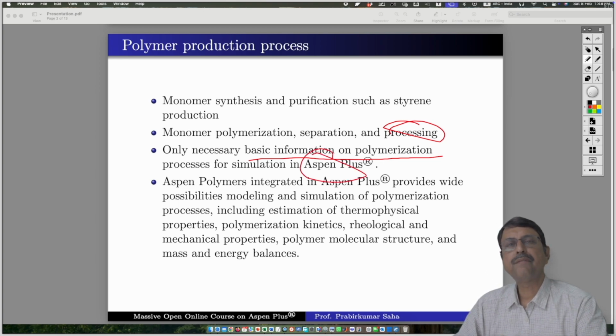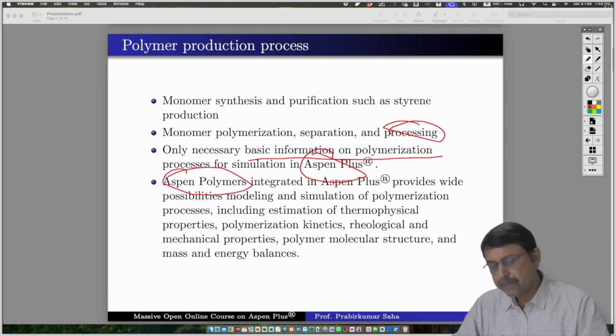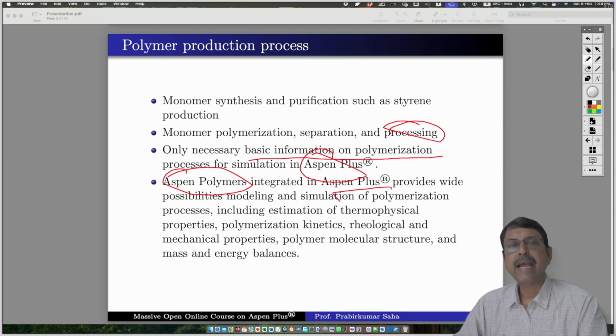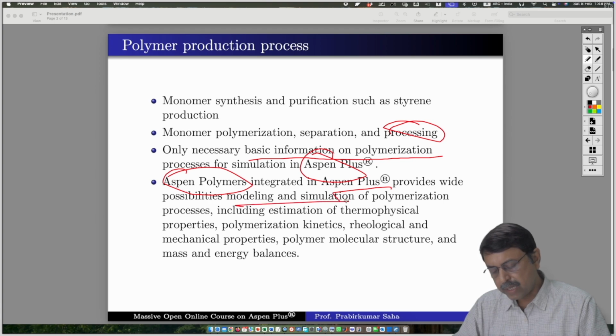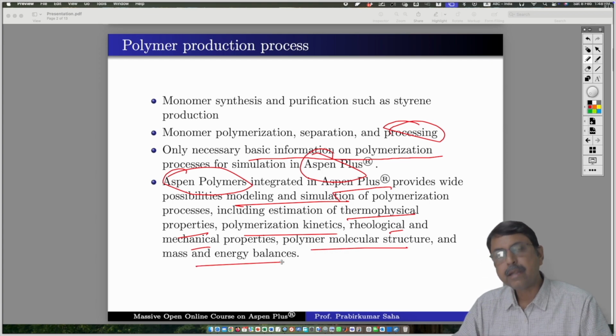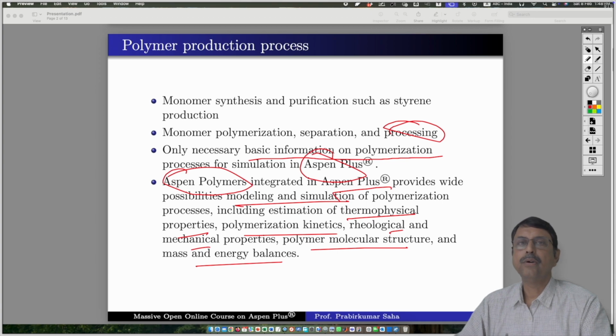We will not go into the very details of the polymerization process because Aspen Polymers is a separate software which is integrated with Aspen Plus that provides a wide possibility of modeling and simulation of the polymerization process, including the estimation of thermophysical properties, polymerization kinetics, rheological and mechanical properties, polymer molecular structure, and mass and energy balances. So after studying this lecture, if anyone is interested in going to the Aspen Polymers software, they can